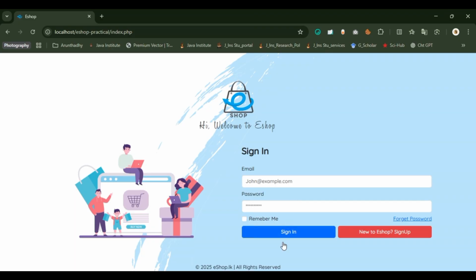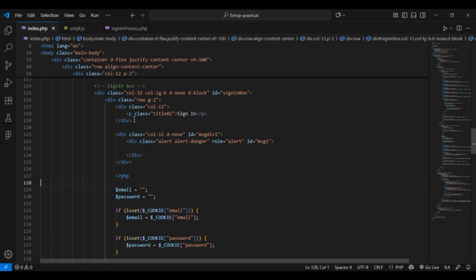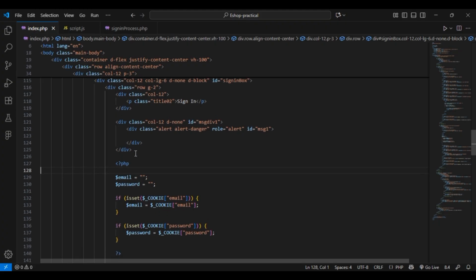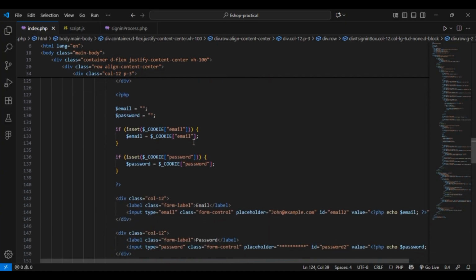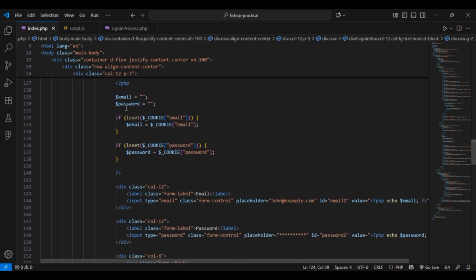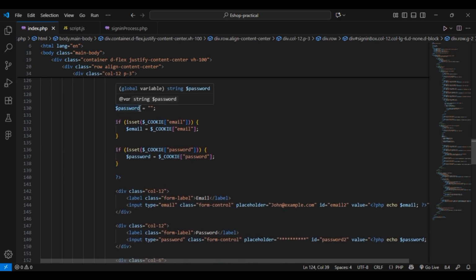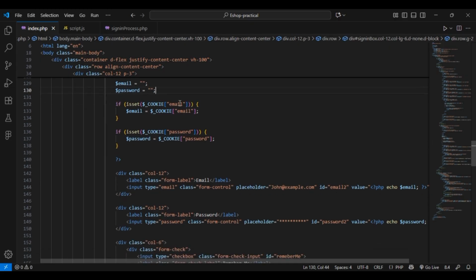So the code behind this is the sign in box. Here we have the sign in text and then the alert div which is used to show the alerts, the mistakes that user does, and then comes the simple PHP code where I have created two variables and I have declared null value here, and then if the email is entered, I have assigned that value to the variable I